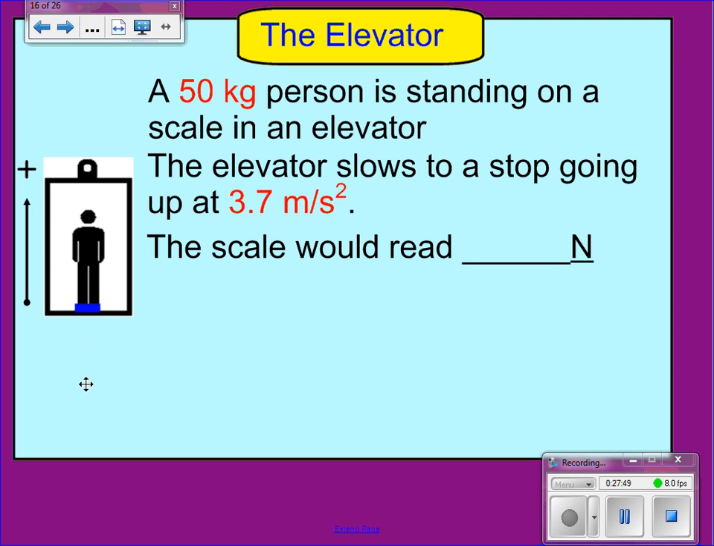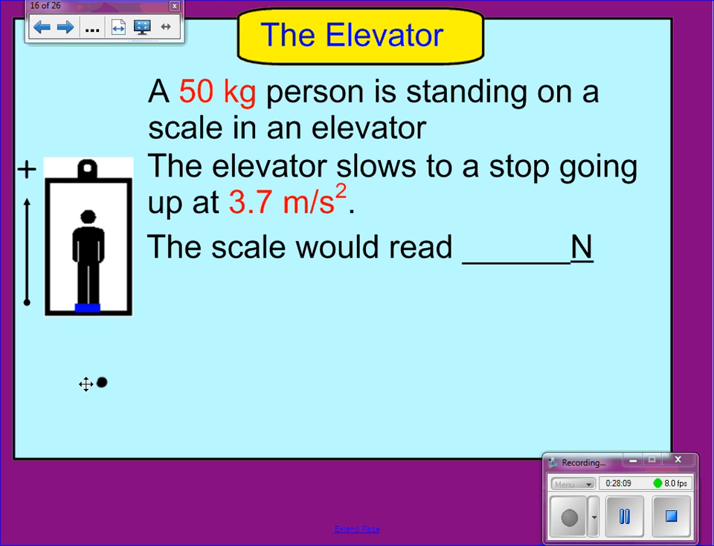Okay, now let's look here. A 50-kilogram person standing on an elevator. The elevator now slows to a stop going up. So you were on the elevator, you started going up, you went constant velocity, now you're still going up, but you're reaching that top floor and starting to stop. So if we draw my force diagram,